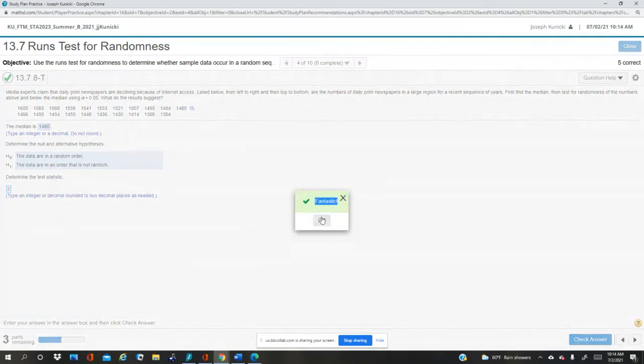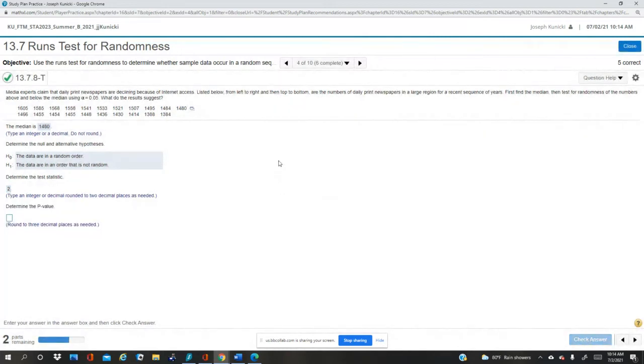G is the so-called number of runs. Now, to determine the p-value, you would need the statistical analysis if the sample size is greater than 25. Because this is a small sample size, we normally don't determine the p-value. My guess is that it's 0, because if there's only 2 runs, that means we're going to reject the null, because it's obvious that they're not random. But anyway, to do this, we could go to